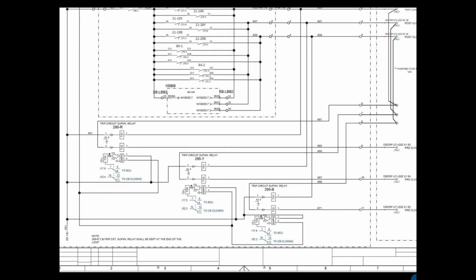This is also trip circuit supervision. The same as previous, when the trip coil is healthy, this TS3 picks up. The normally open contact will change over to normally closed, and the positive will extend from the 195B to 295B.